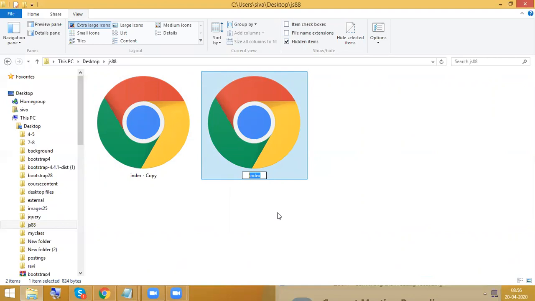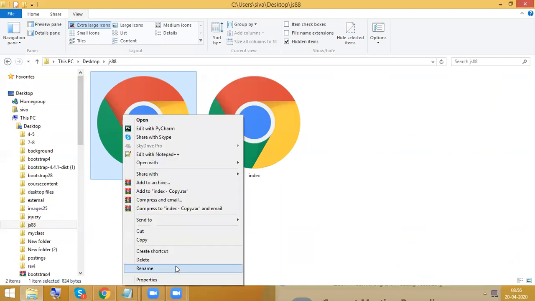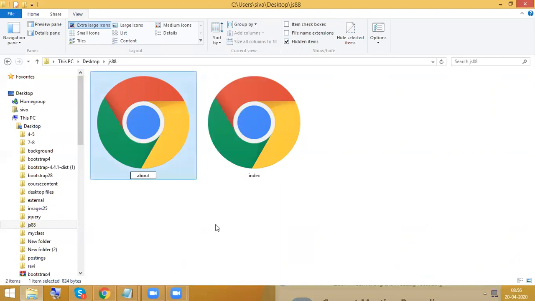Two files I'm going to create. One is index, another one is about, some HTML files.